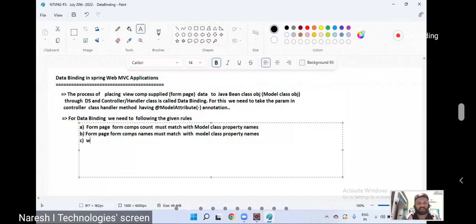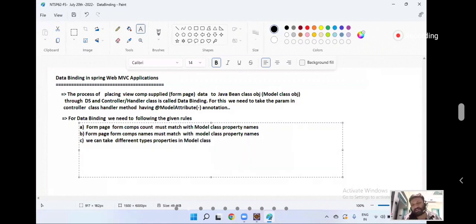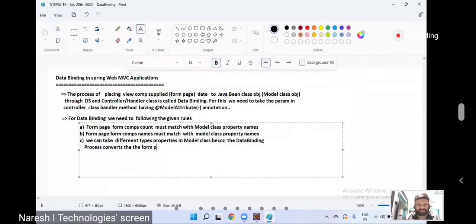Okay, tell me guys, we can take different types of properties in model class. Because the data binding process converts the form page data. But guys, the form page supplies